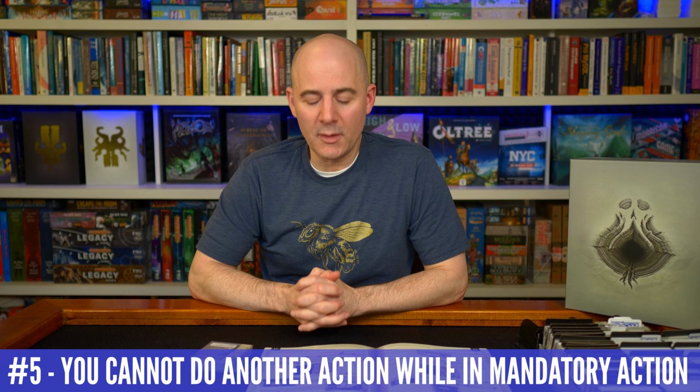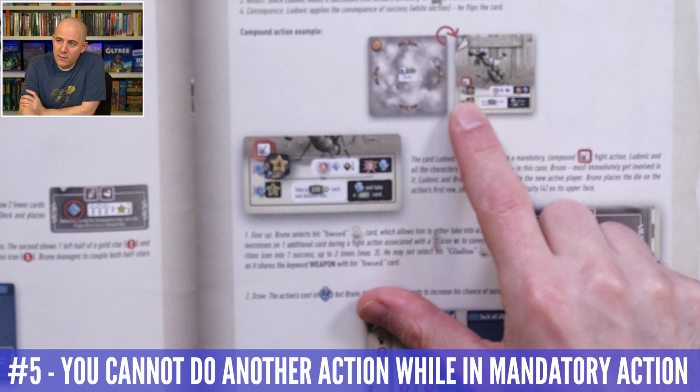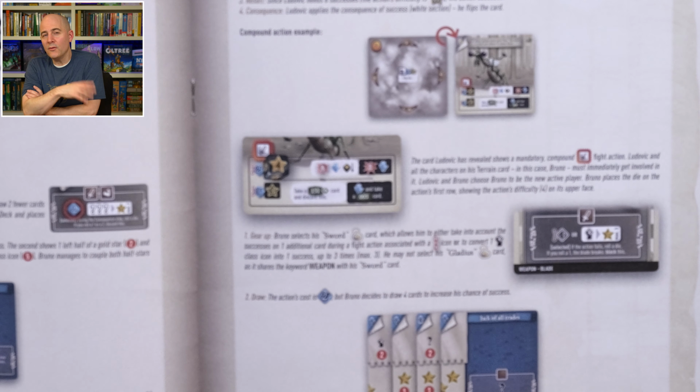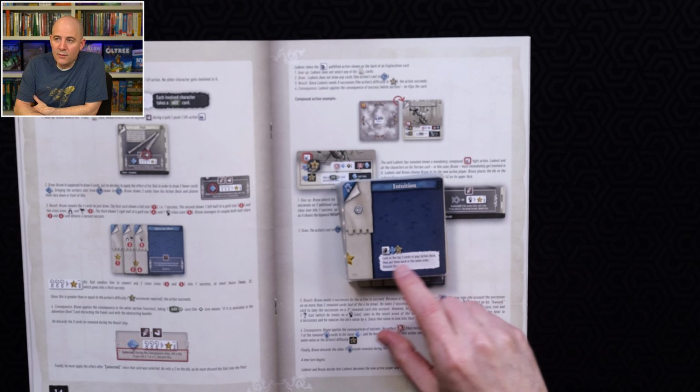Commonly overlooked rule number 5. You're frequently going to be exposing cards while playing that have a red bordered action, meaning it's mandatory. You must do it right now until it ends. You can't do any other actions. And it's easy to forget that you may have cards in your hand or in your purse that let you do something,